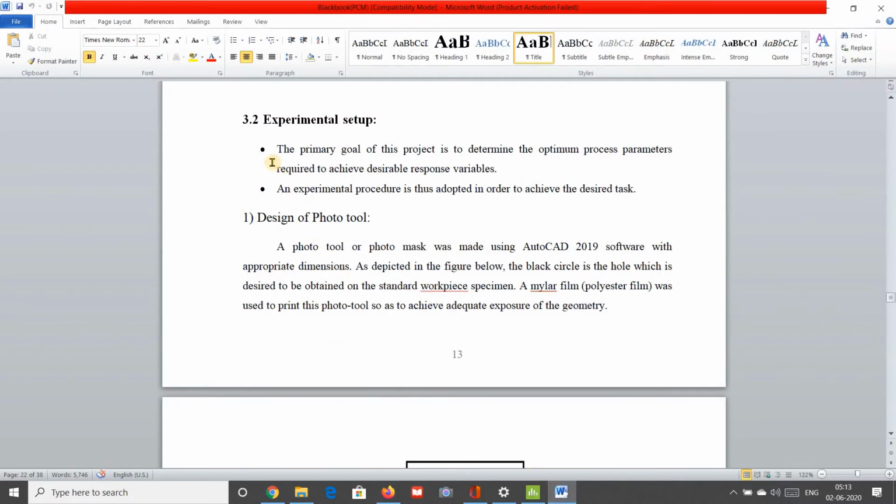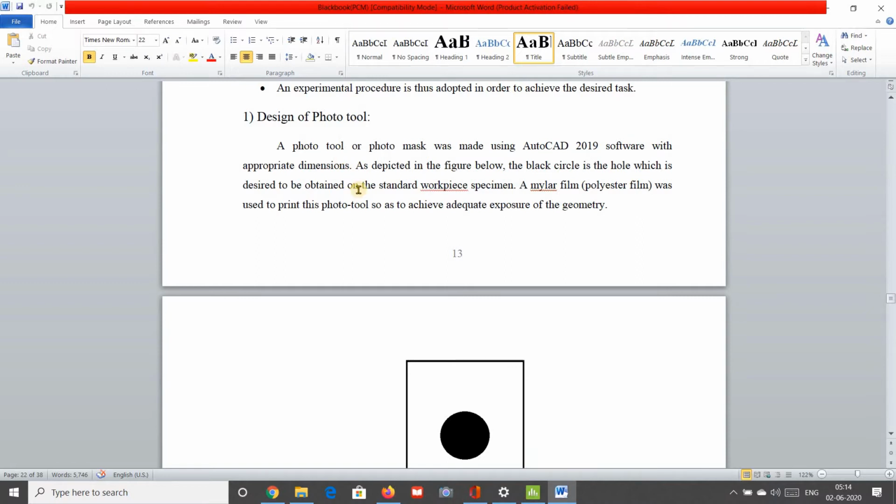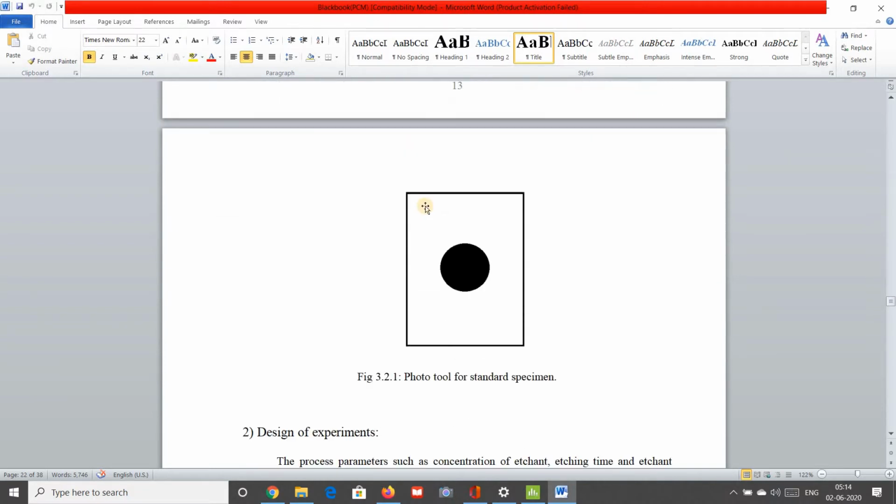So the experimental setup for determining the optimum process parameters required to achieve desirable response variables. This is the problem statement, and we need to find out the optimum process parameters that are responsible for obtaining desirable variables at the output. So first, since our project is on design of photochemical machine, this is the general